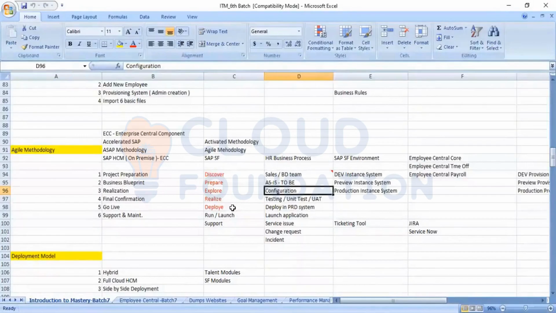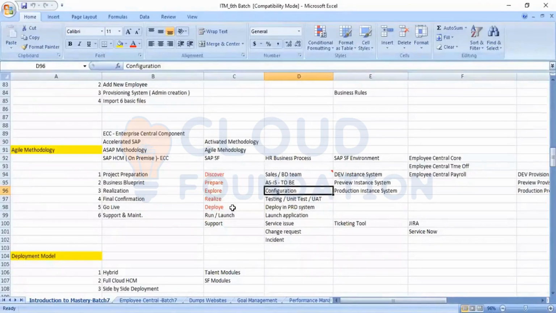We have already seen how many environments there are. We have a development environment, we have a preview environment, and we have a production environment. Right? We will be doing the configuration initially in the development environment, the dev environment.